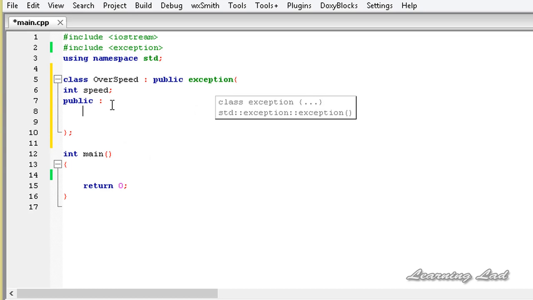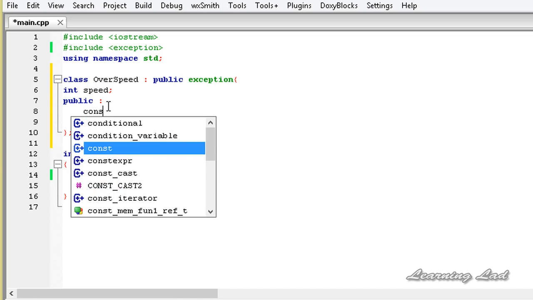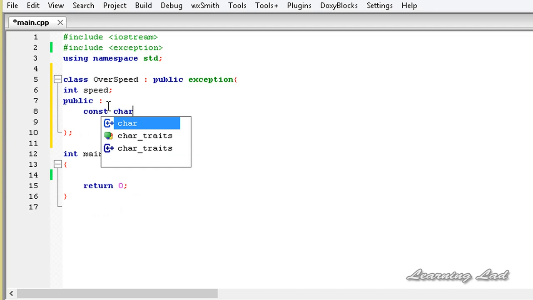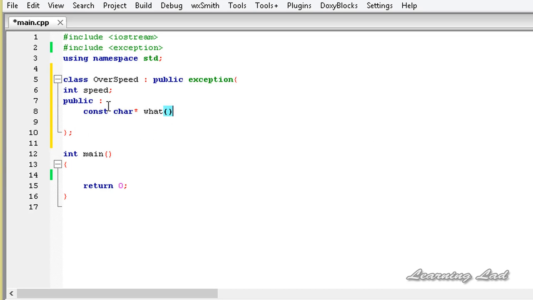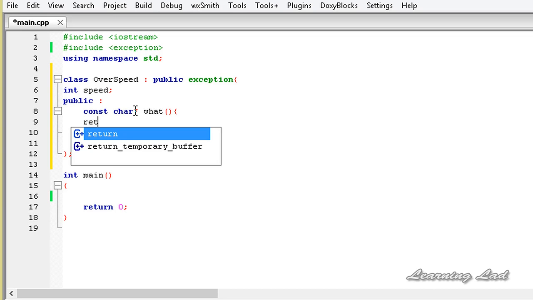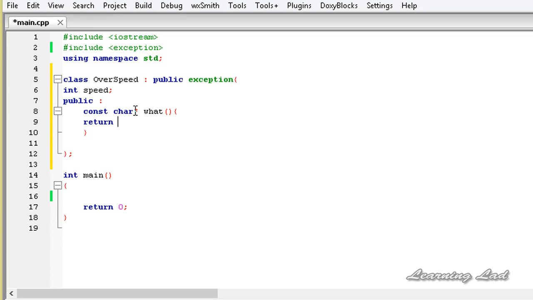So here it's gonna be const char star, and then the method name, which is what, and it's not gonna take any parameters. Here we need to return a string value or a character sequence, so it's gonna be return, and this method will be called to check what type of exception occurred, what happened in the program. So here we're just gonna say "check out your car speed,"